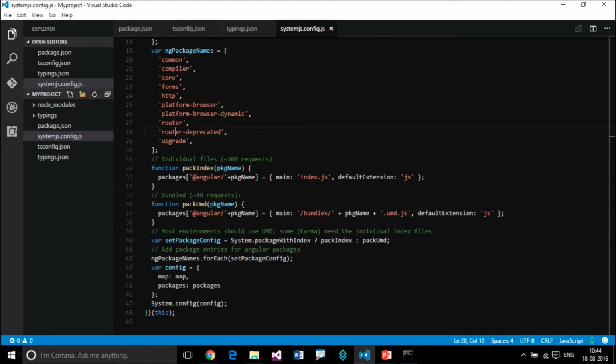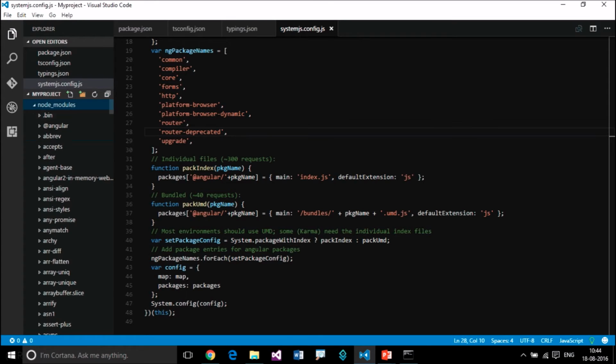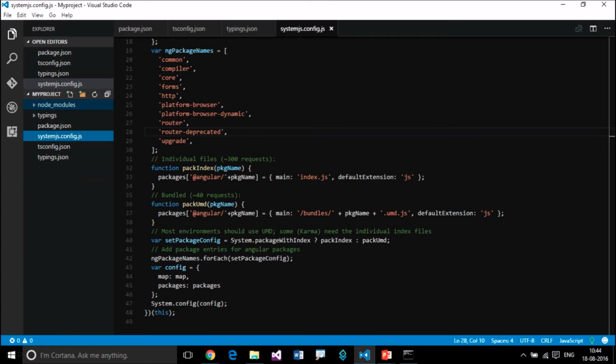So this is our project. We added these 4 files. Node.js npm package manager installed these files. See, node modules. All these are node modules. This is the Angular directory. This is Angular for in-memory web. All these are the required dependent packages for an Angular 2 application. These are the typings installed. So package installation is done.